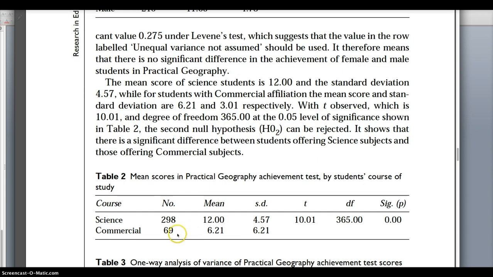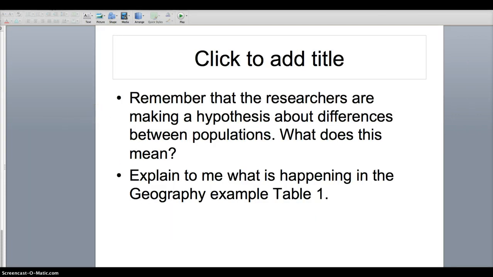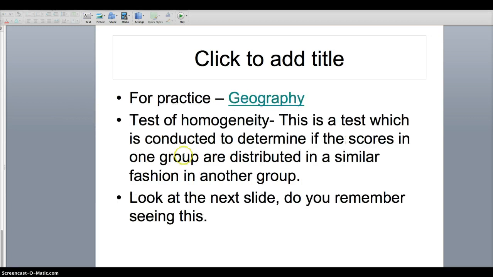Here is an example where all the degrees of freedom are left in. 365, we took one from each group. This does have a significant difference in those who were in science scored higher than those who were in commercial. So you have a few discussion questions about that. But going back to what is happening with the practical geography,